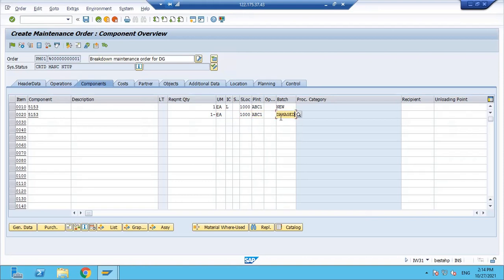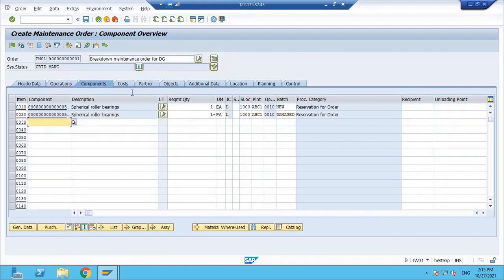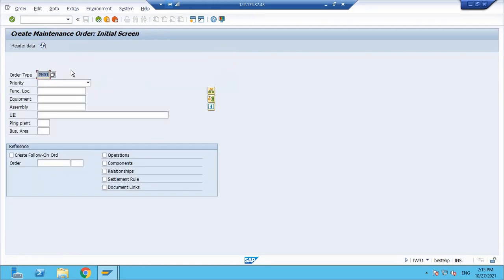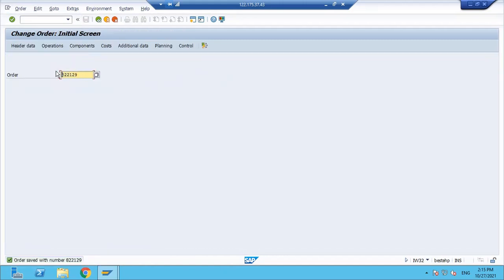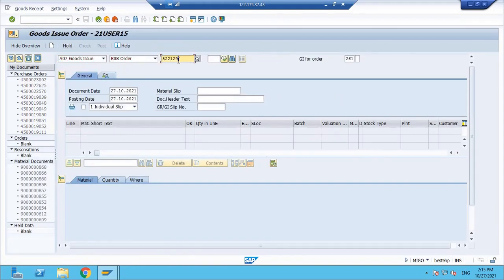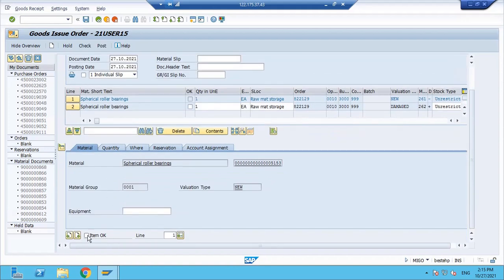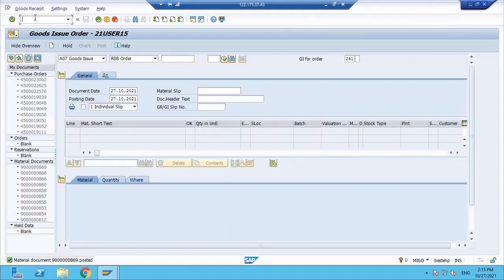Okay, damaged, yes, item category is L, yes, save this order, IW32, enter, release this order, save this, go again to MIGO, right, goods issue, order, enter, just again the same story. So I'll not be explaining much. So post, okay. Now the order got posted.